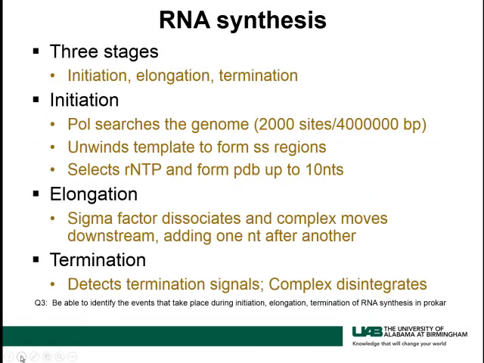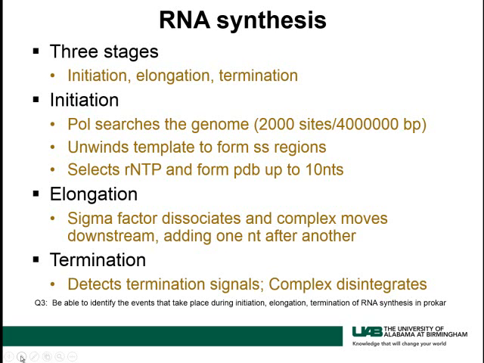RNA synthesis consists of 3 stages. They are initiation, elongation, and termination. Initiation is a stage where the polymerase searches the genome, and it searches about 2,000 sites per 4 million base pairs. So it is very fast, and when it finds the site, it unwinds the template to form single-stranded regions, and then it selects the ribonucleotide triphosphate and begins forming the phosphodiester bond up to about 10